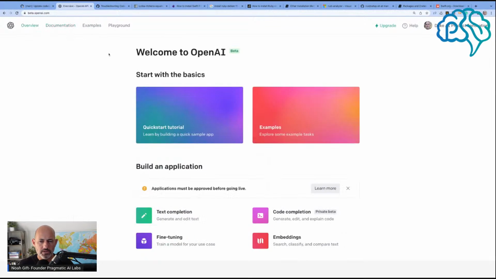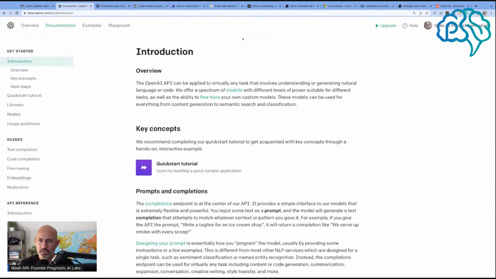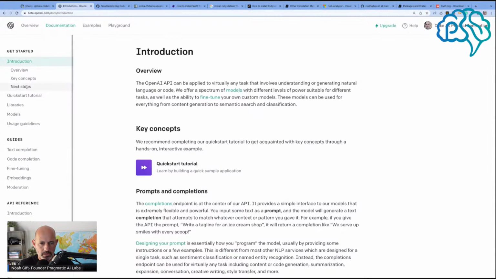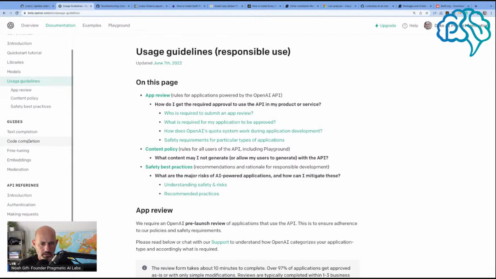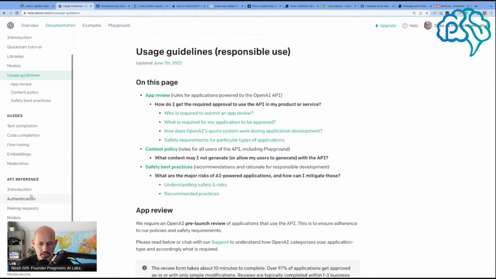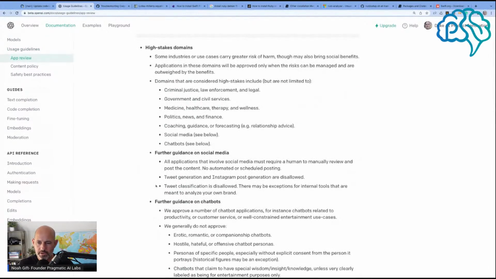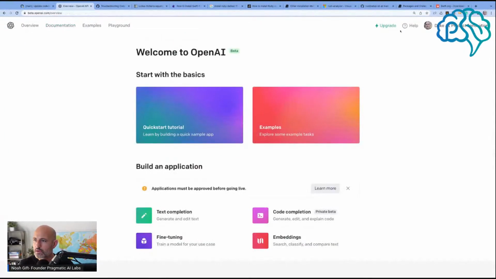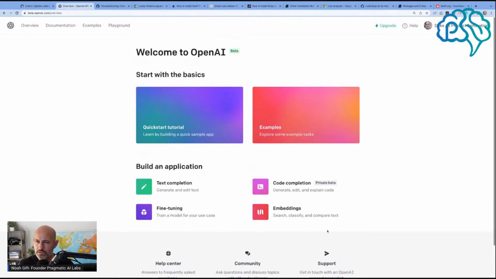And so let's go back here and say examples. If I go to documentation, let's see if we can find this. Guides, code completion, references, parameters, quick start tutorial, user guides, text completion, code completion, fine tuning. I don't see a ton of Streamlit documentation, which is pretty interesting. I don't know if there's a great way to search for it either, but building application, communities, chat with us,